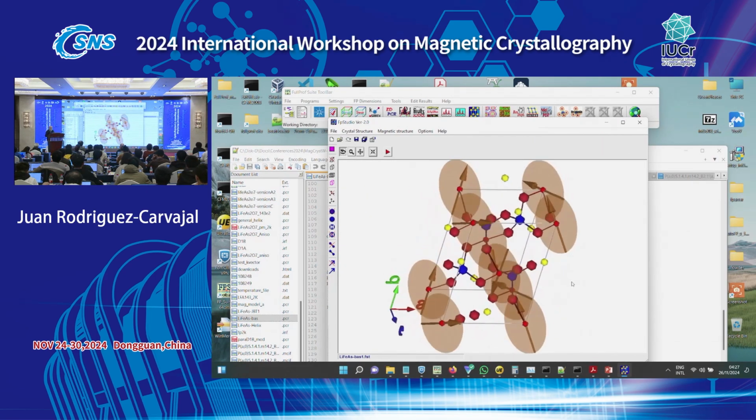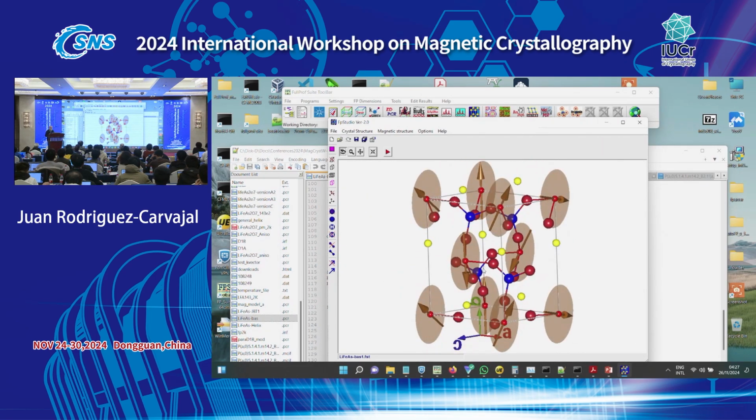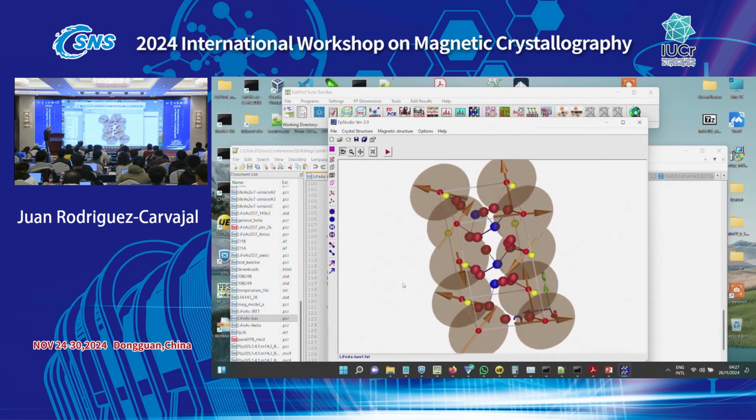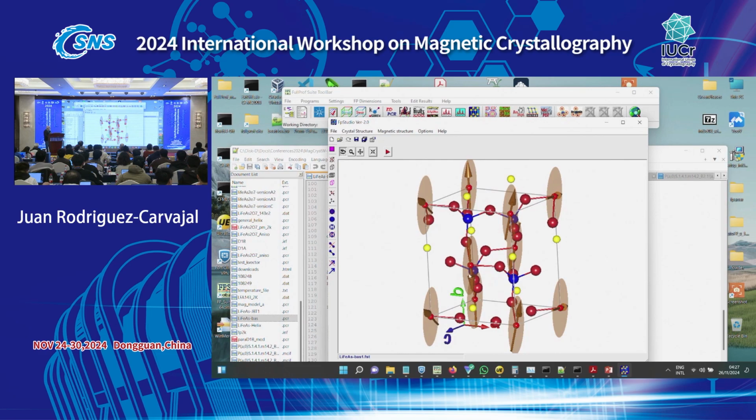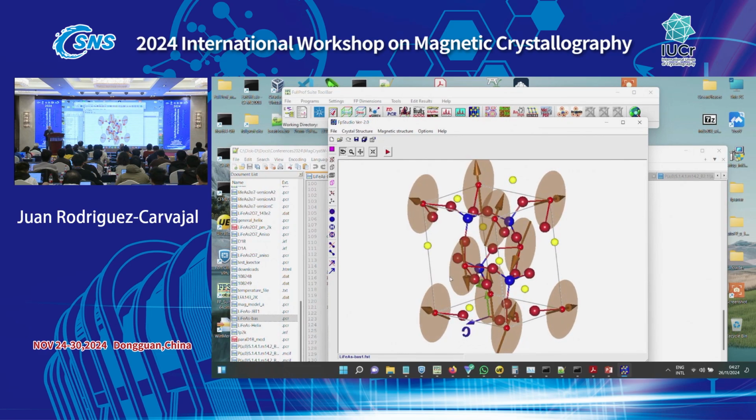And see, when you put the keyword envelope, you see what is the plane in which the magnetic moments are rotating in that particular case. And here is an example that Teresa will present in which you have the possibility to treat that with Basireps, with superspace groups, and also with other kinds of methods that I will explain in the second part of my talk here.